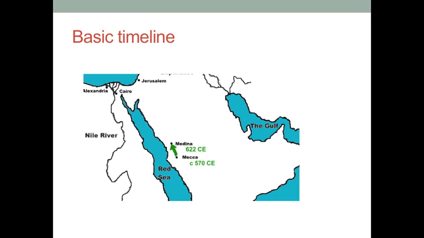Islam was founded by the Prophet Muhammad, who was born in 570 in Mecca. During his lifetime, he was essentially driven out of Mecca, fled to Medina, where the religion was really developed, and in Medina he died in 632. During his lifetime, he presented the canonical work in Islam, that of the Quran, as well as other writings.